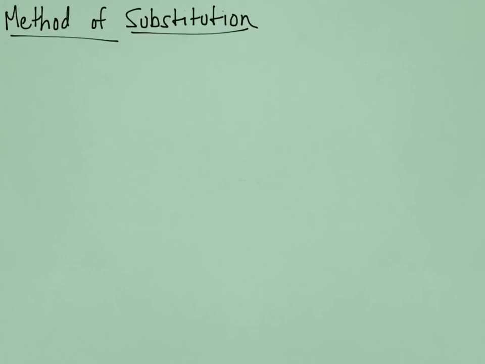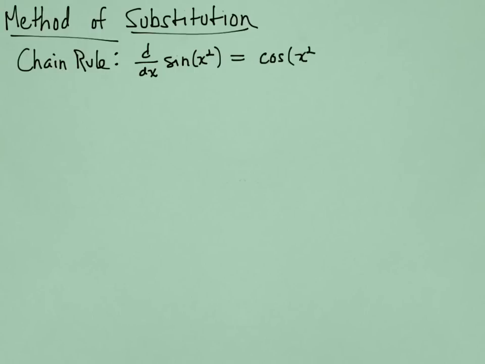In this video, we're going to review the method of substitution to help us compute indefinite integrals. Before we do that, substitution really comes from the chain rule for differentiation, so we should begin by reviewing that. For example, if I want to differentiate sine of x squared, the chain rule says that I should get cosine